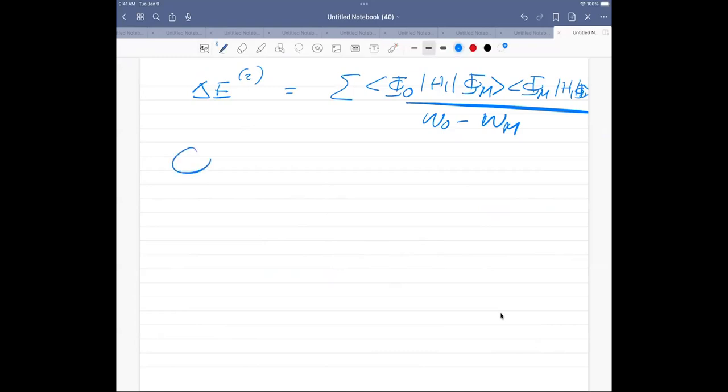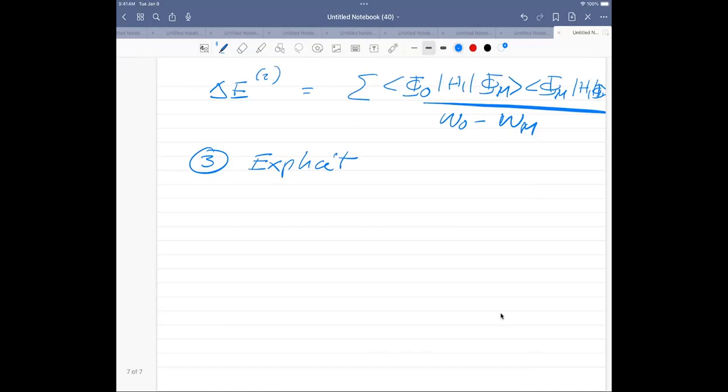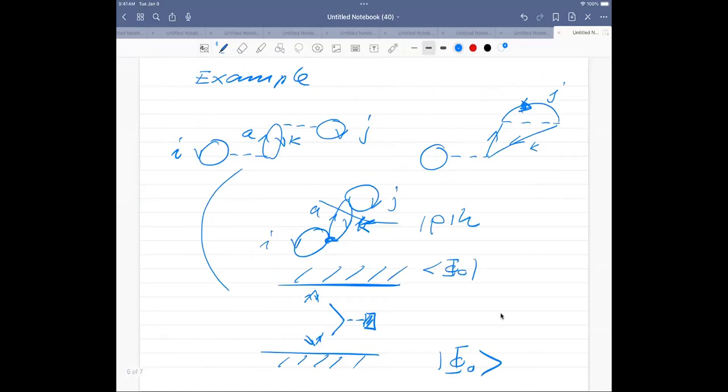But let's look at more rules here. So what we're going to do now is actually to look at an explicit evaluation of diagrams. So you can look at a diagram, and from that, you can immediately say whether this diagram should be zero. And this applies to the second midterm, because you can actually look at the contributions in a diagrammatic way. And based on your Hamiltonian, you can say that there is no need to calculate that one, because that has to be zero. And I will give you an example. Or just to give you an example, if you look at this diagram which you have here,